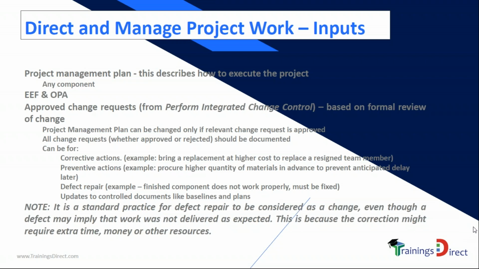Requirement changes, yeah, Azan, thank you. Requirement changes may happen. So if you look at this here, there may be changes to take immediate corrective actions. There may be an issue. For example, a team member resigned and we want to bring an immediate replacement at a higher cost, so that will trigger a cost change. Something may happen in the future, preventive action. We may have to procure some materials in advance because later on maybe the shipment will take too much time because of lockdown or something. So why don't we procure in advance? Which means there may have to be approval from the procurement department to purchase in advance. Yeah. So those things which are non-standard, therefore we need a change for that.